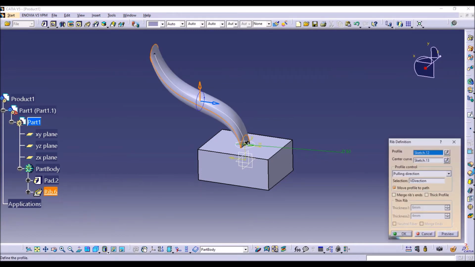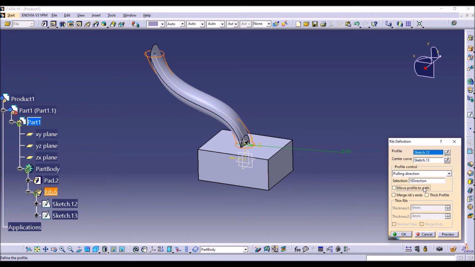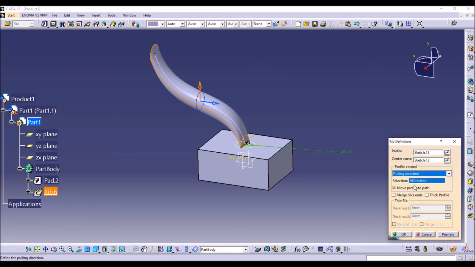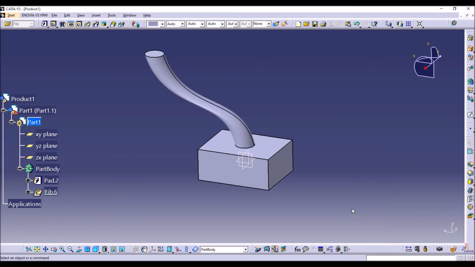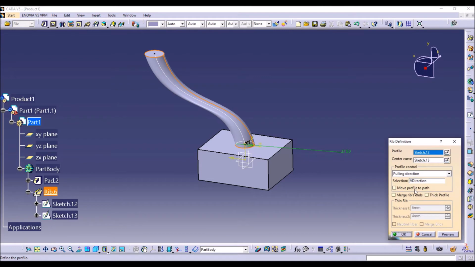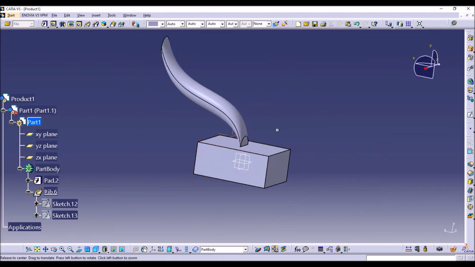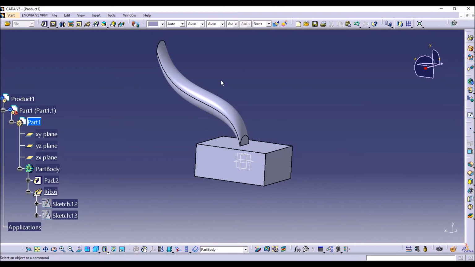Now coming to rib, there is another option like move profile to path. Next, in selection we selected the v direction. Now if I take the option as move profile to path, you will get the rib like this. So it is related to the rib in the given direction. So the pulling direction option is like this.